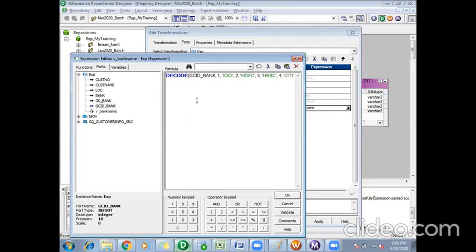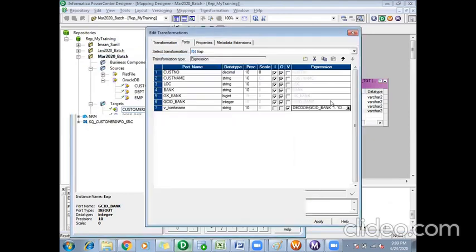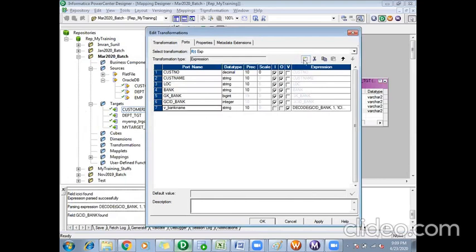Because I know whenever the GCID number is 1, it will be ICICI only. 2 means HDFC, 3 means HSBC, 4 means Citi, because it gives sequences specific to the group. Again, for the next group, it will start from the initial value. Okay, then I will create one more port, O_bank_name.